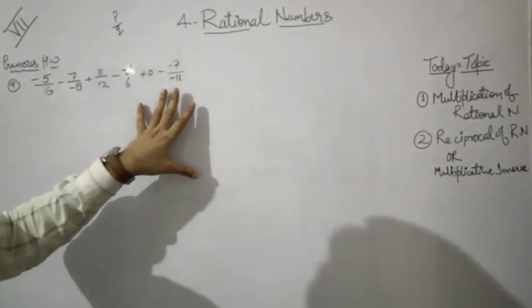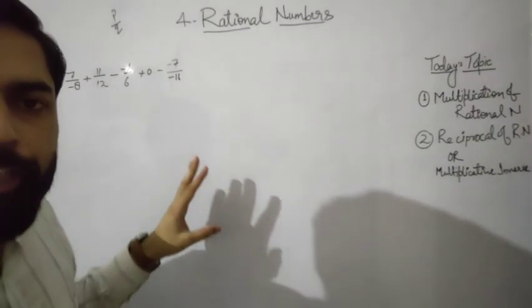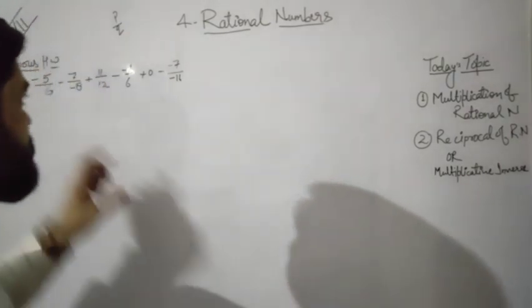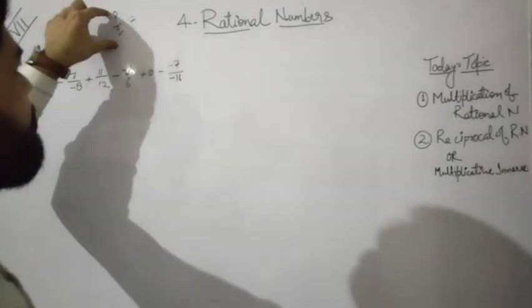So students, look here. Two denominators are given in negative form. How can we convert them into positive form? You know very well. We can convert by multiplying by minus 1 in the numerator and denominator, because all these are rational numbers, and you know a rational number is a number we can write in the form P upon Q, where Q is not equal to 0.